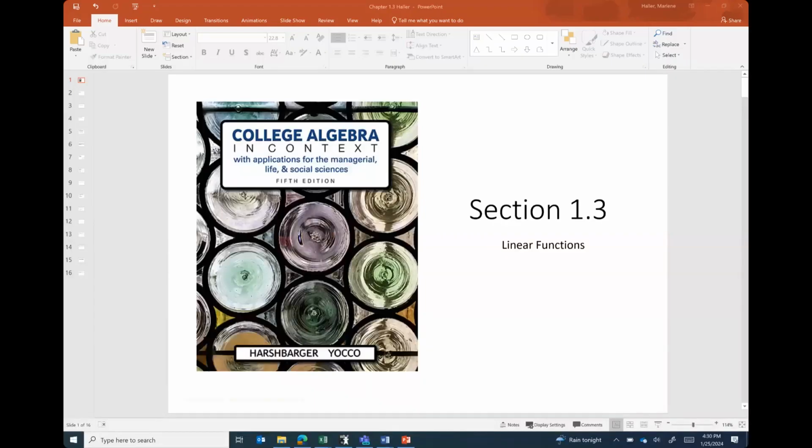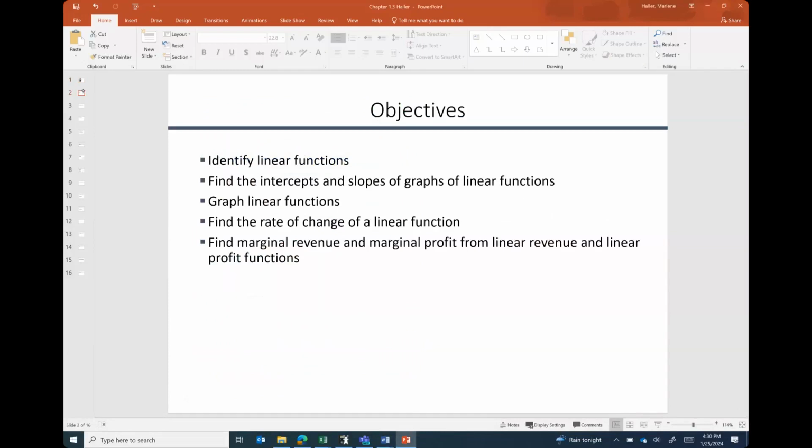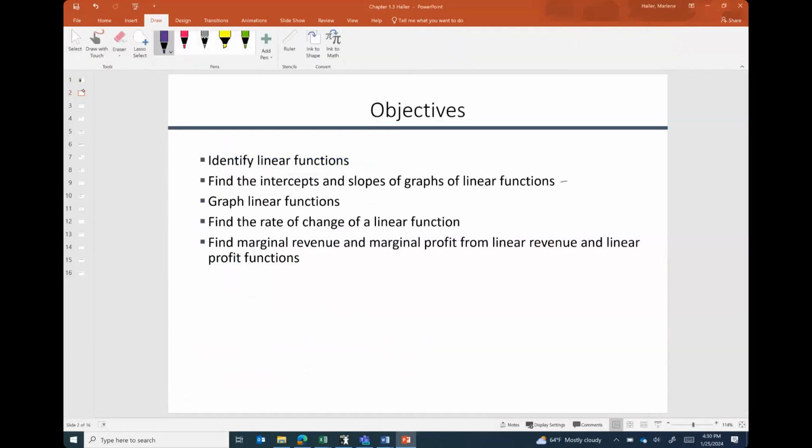Section 1.3, linear functions. We have 5 objectives in this section. First is to identify linear functions, to find the intercepts and slopes of graphs of linear functions, to graph linear functions, to find the rate of change, and then lastly, to find marginal revenue and marginal profit from linear revenue